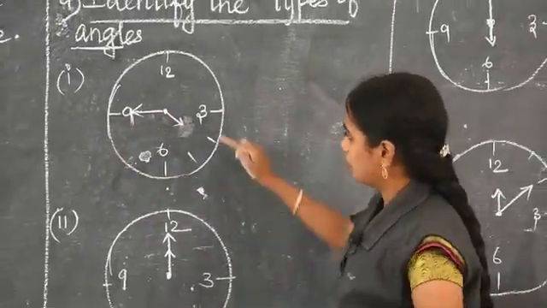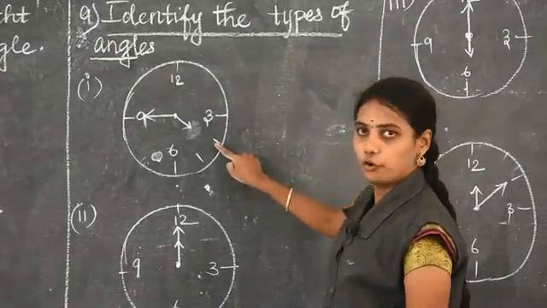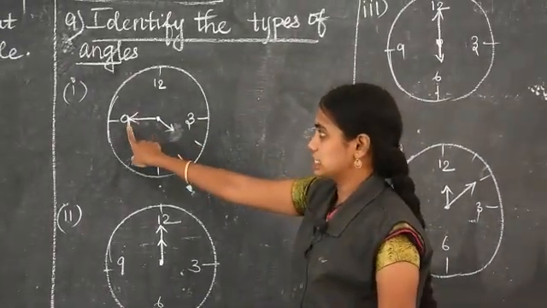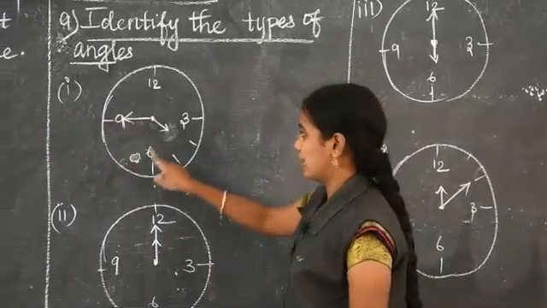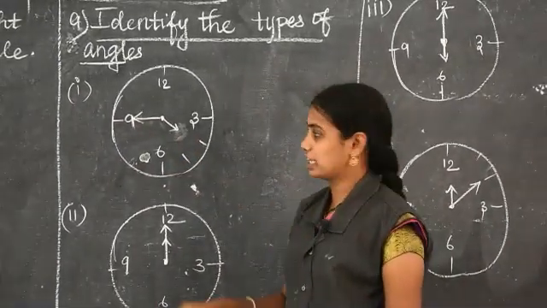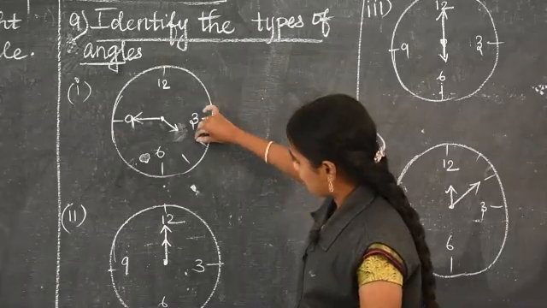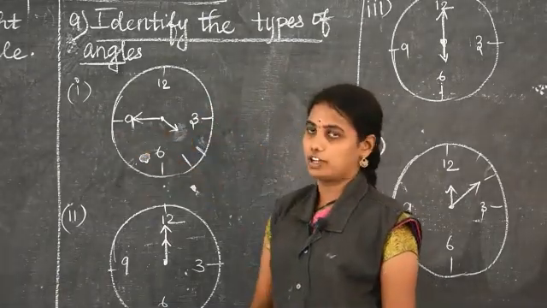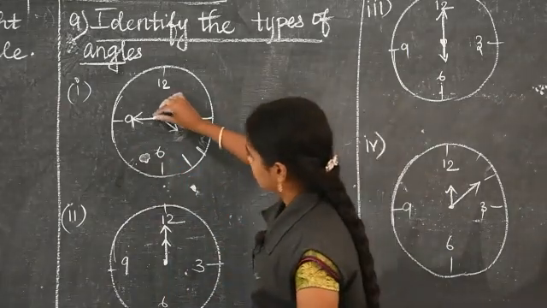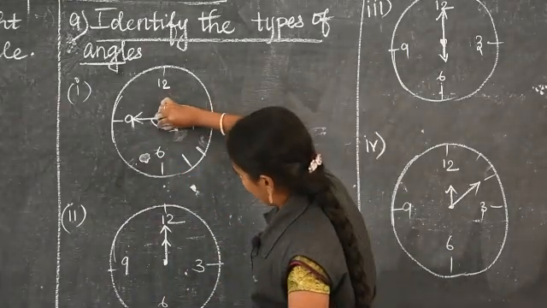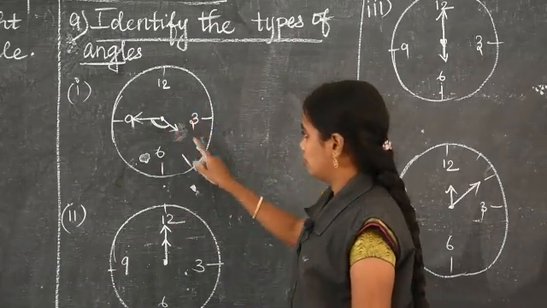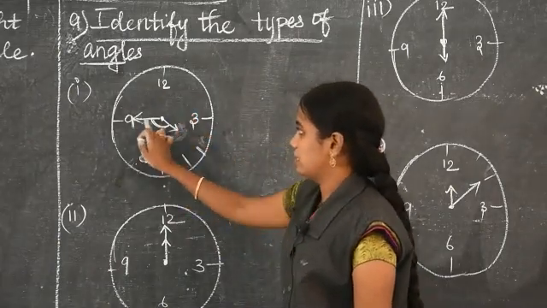Now listen to me. This is 3 after 4. The hour hand is past 3, then the minute hand is on the 9. So what is the time now? It is 3:45. It's not nearest to 4. The time is 3:45. So the angle will be formed here. We won't mention the angle because we will see it like this only.